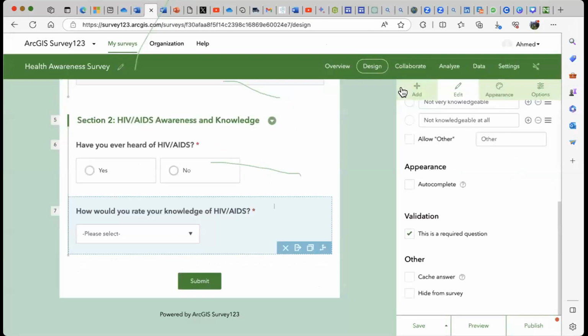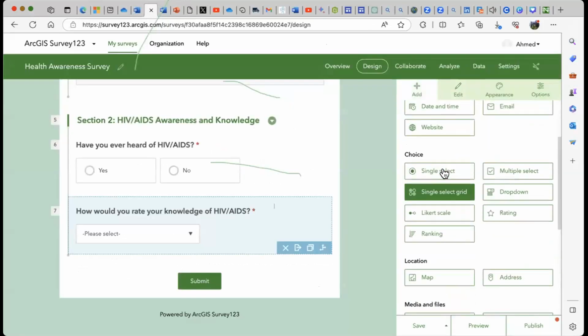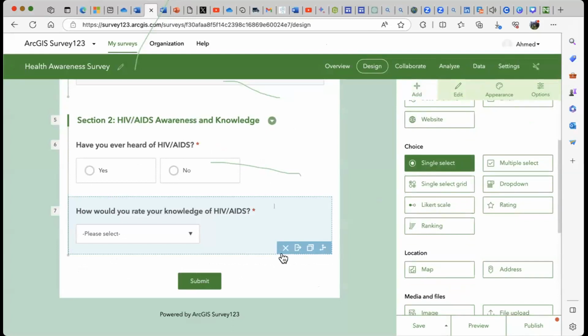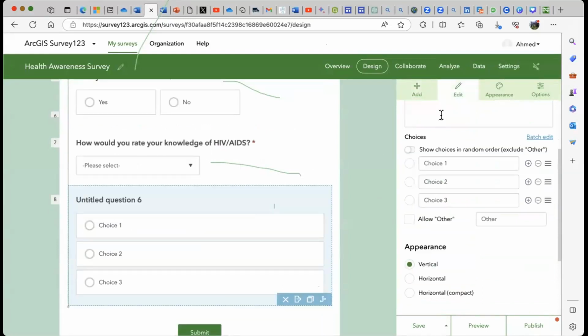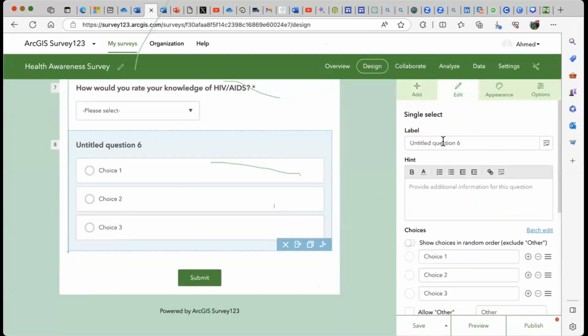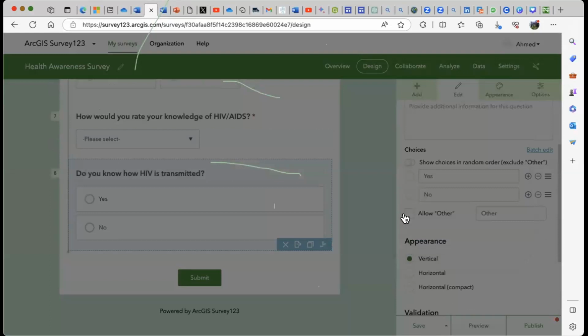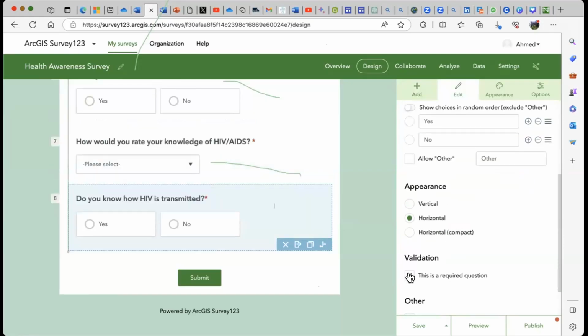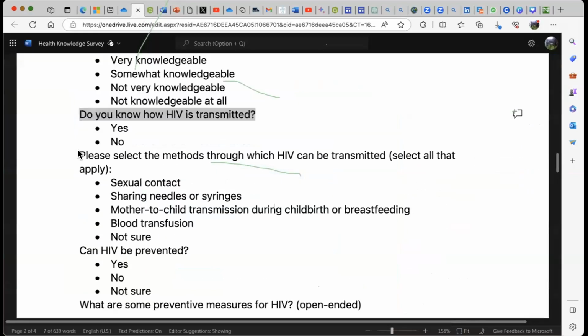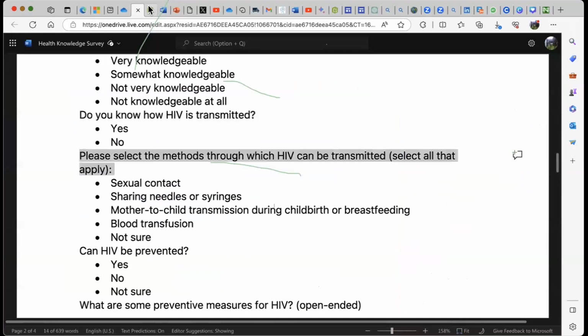Single select. Label. Yes, no. Okay. Horizontal, the required question. So the next options are, if you select yes, those who select yes will see the next set of questions.